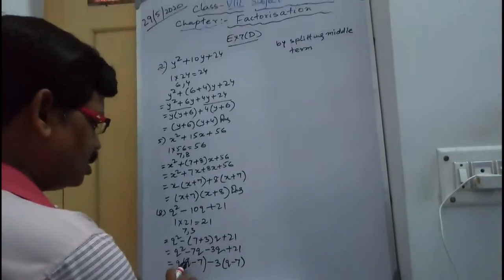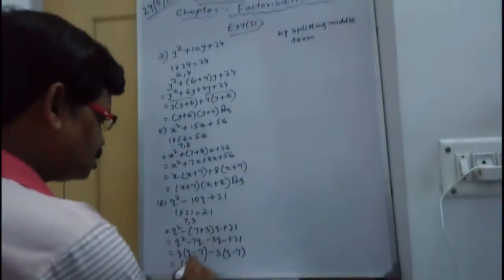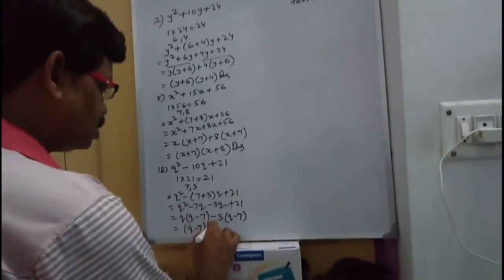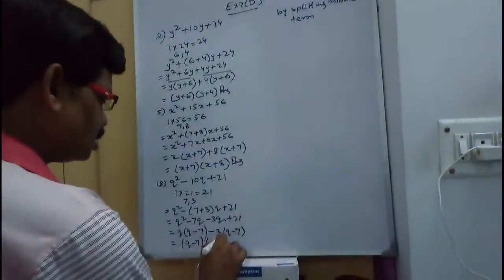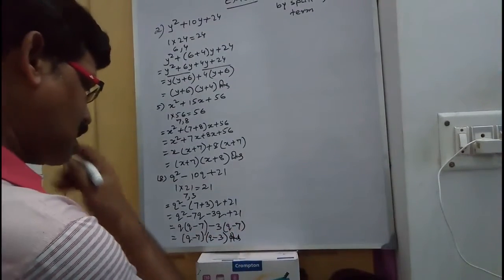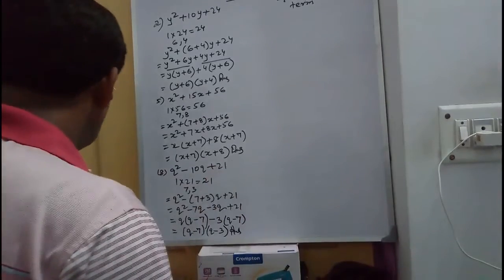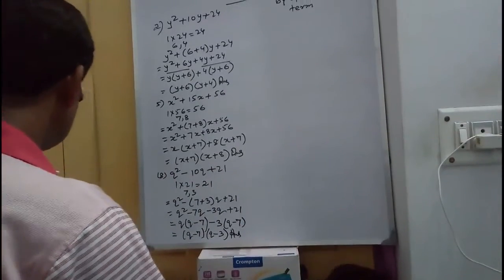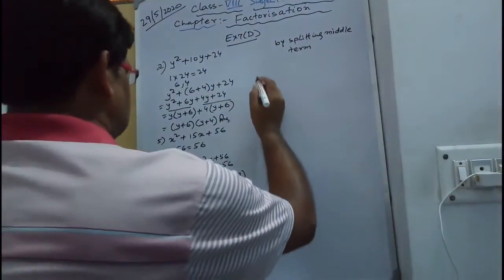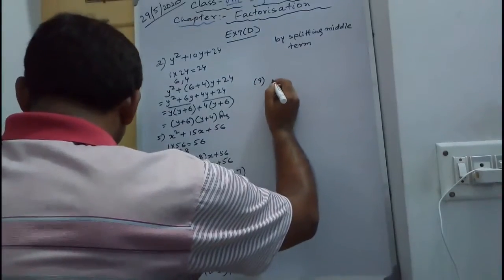Now from these two, q minus 7 is the HCF. So q minus 7, from first only q, from second 3. So these are the factors of this expression. Sum number 9. z square